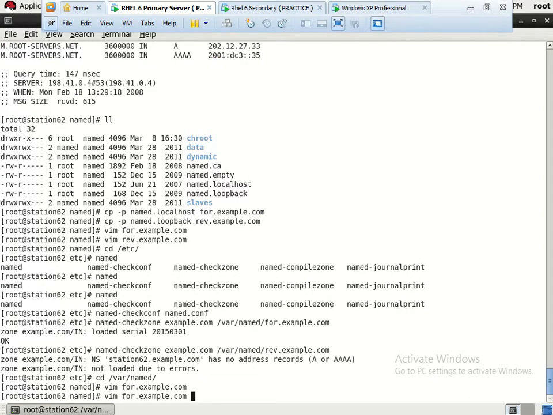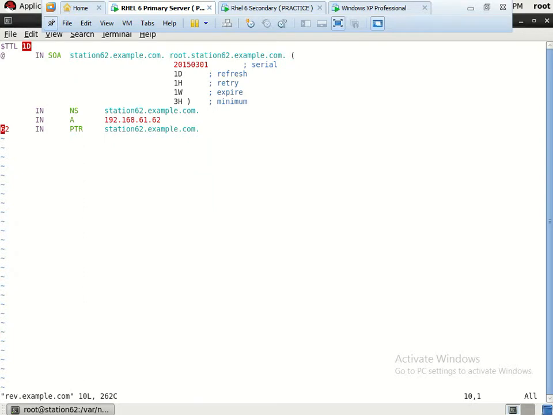This is not the reverse file. The reverse file is reverse.example.com. Check here where the error is. Everything is fine here.